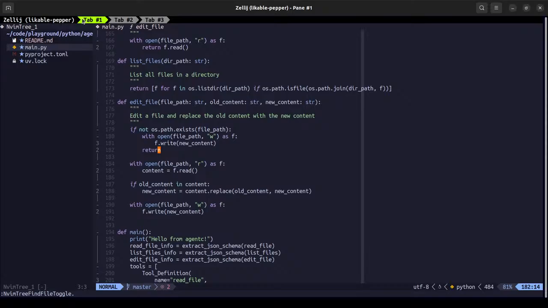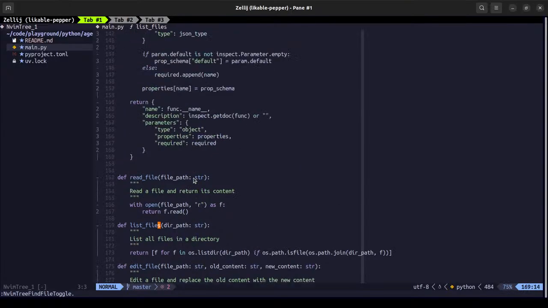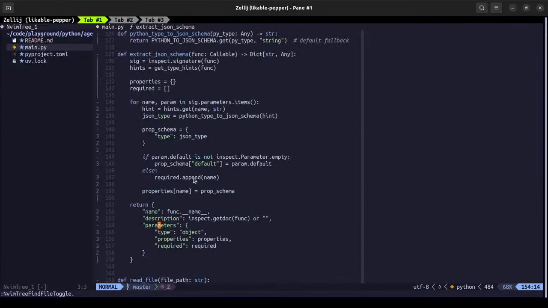You can use the dunder doc attribute to get the docstring of that.